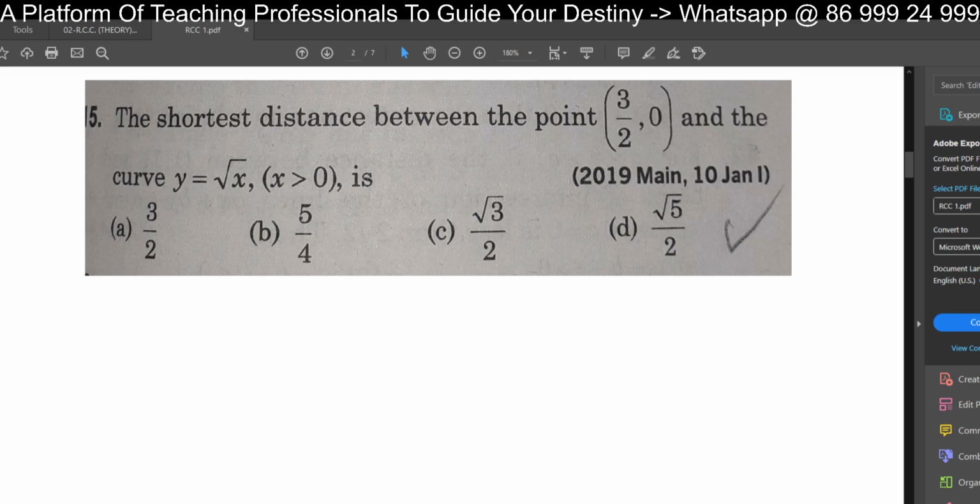I hope you understand what I am doing there. Now this part is to be minimized. How to do that? Just see this. This is now square root of